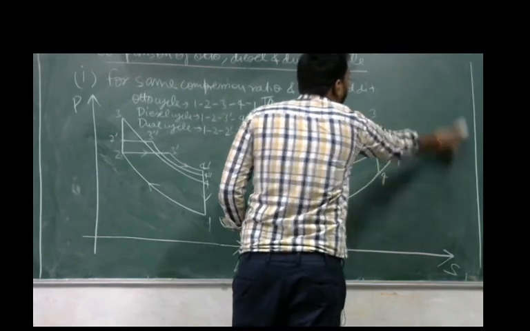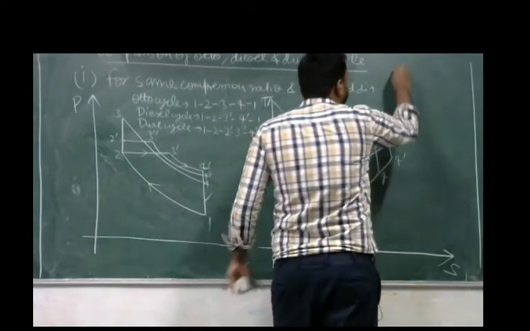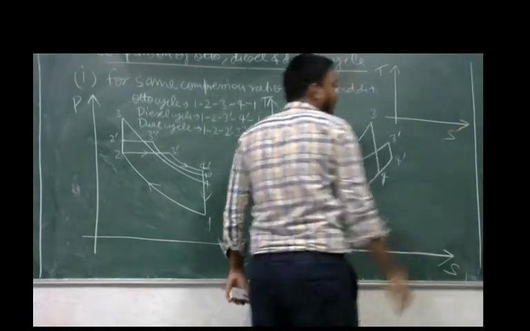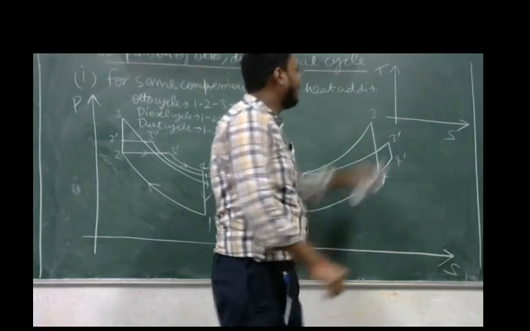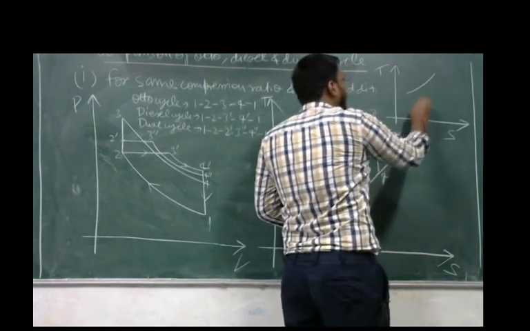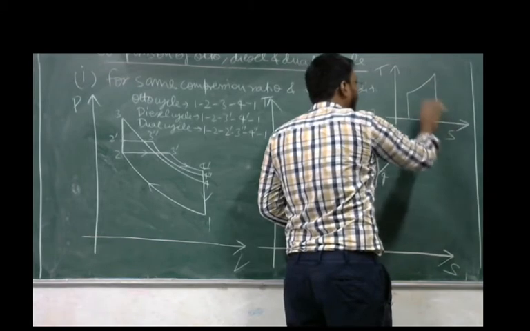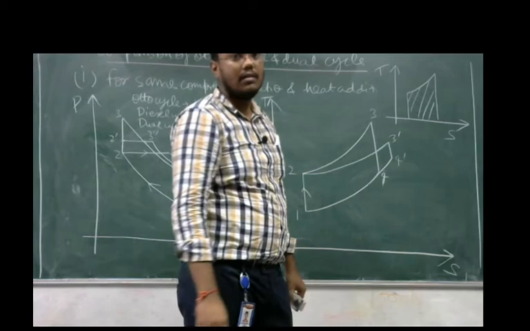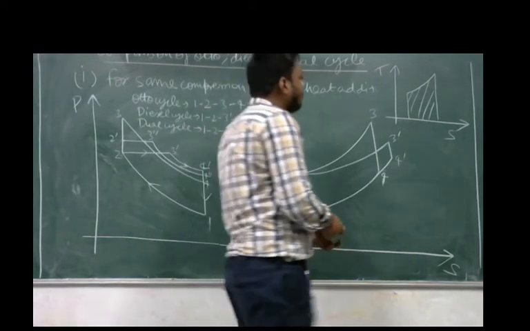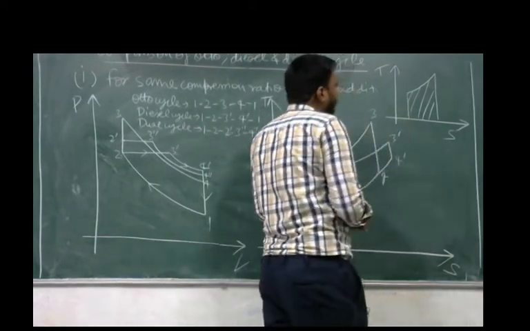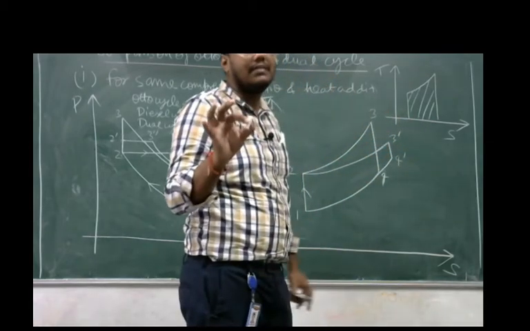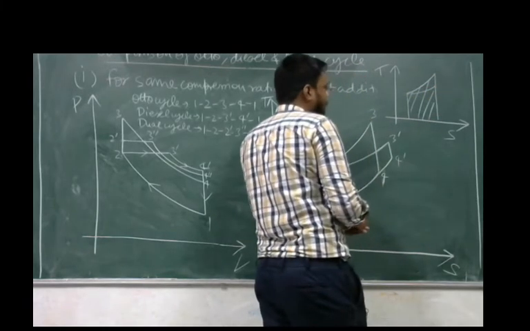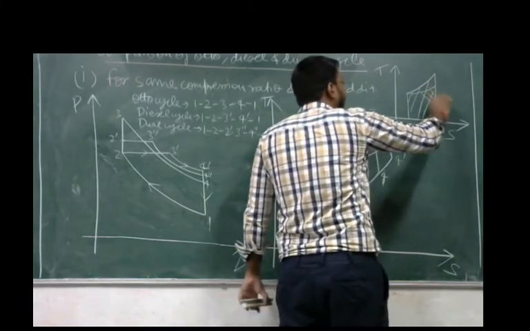I am drawing here a small diagram. This is a TS diagram. On the TS diagram, if any curve is given, the area below this curve represents heat addition or heat transfer. Now if we have to keep the heat transfer the same and the curve will be below this curve, then the heat transfer will reduce.